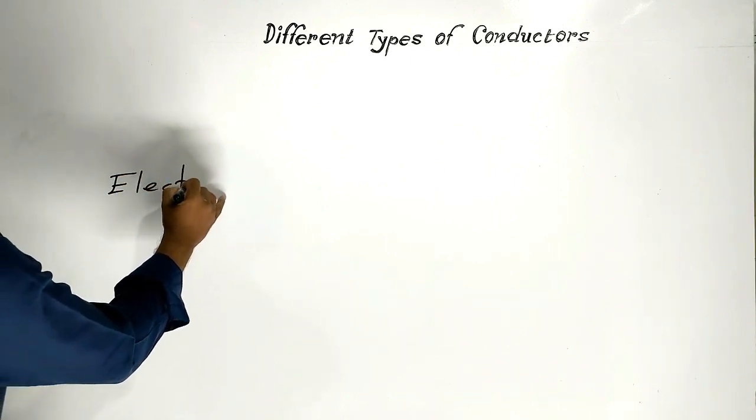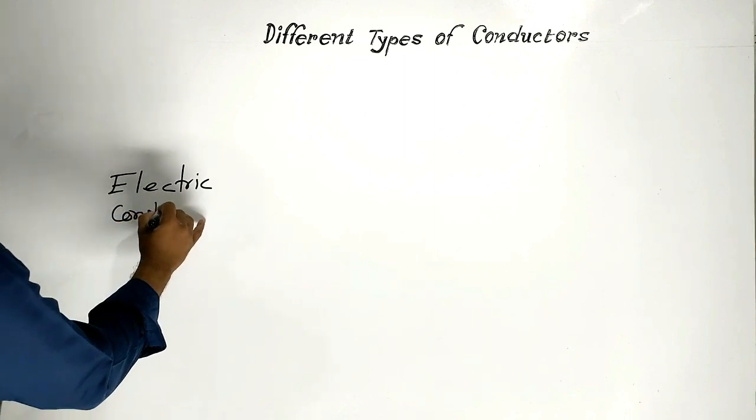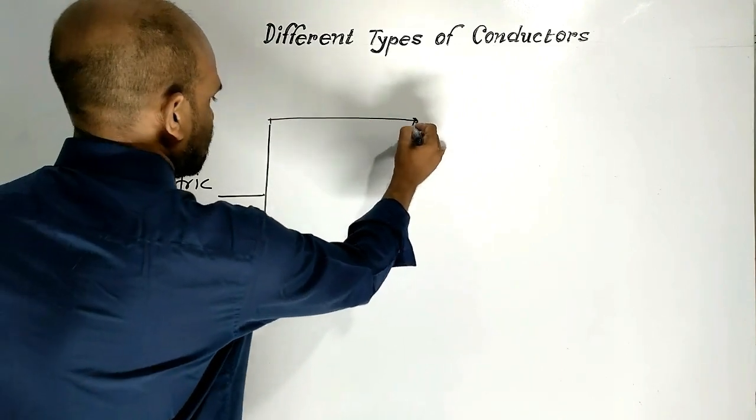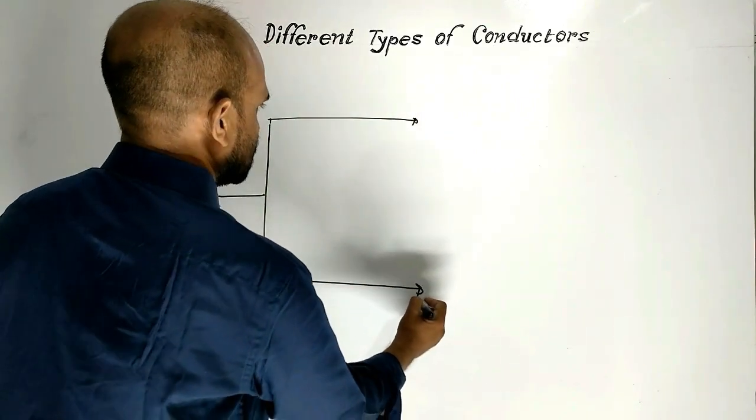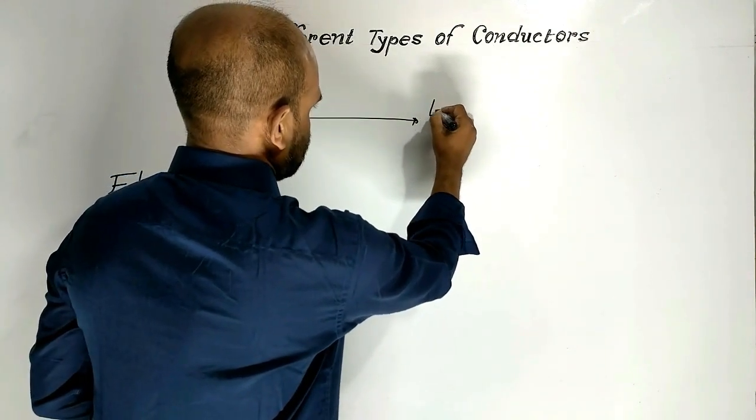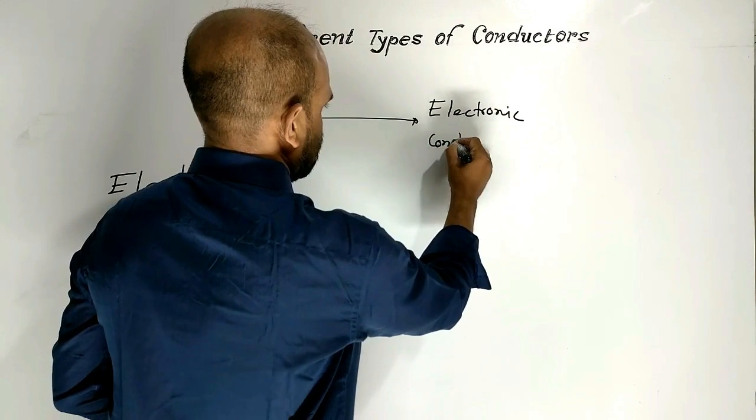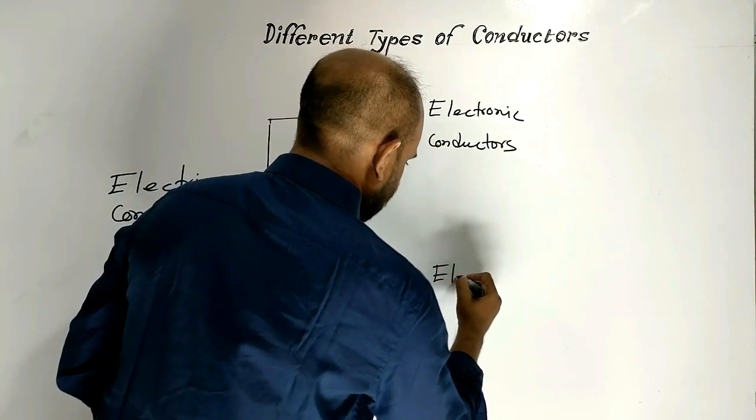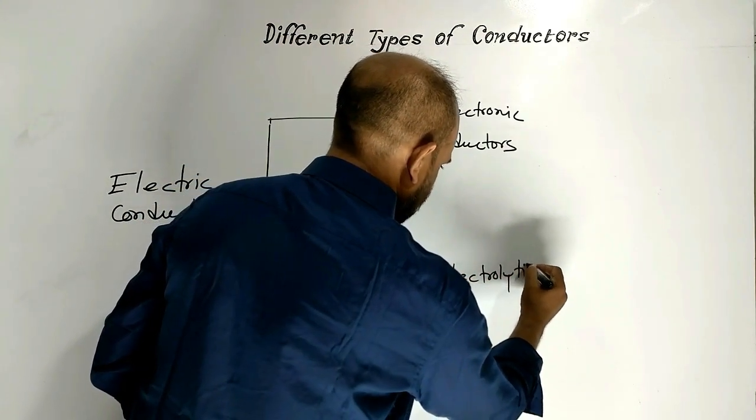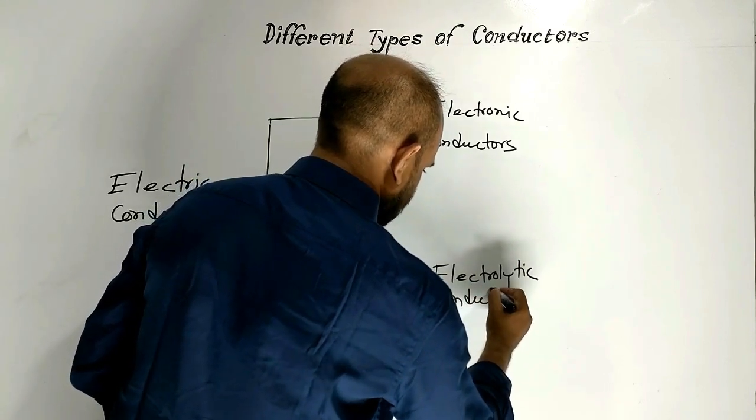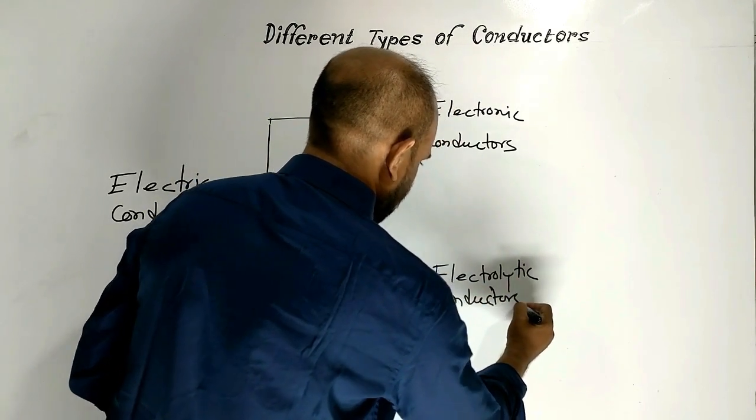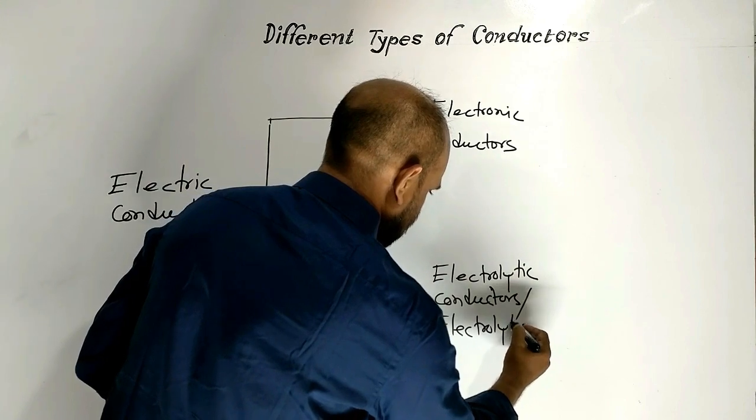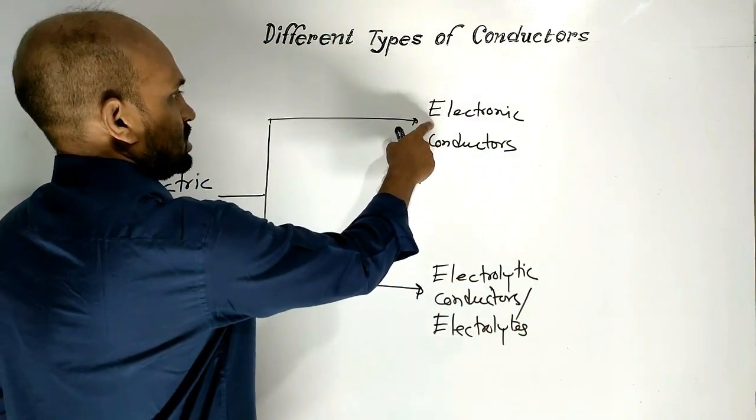Electric conductors are classified into two groups. One is electronic conductors and another one is electrolytic conductors, or electrolytes. Here, electronic conductors,